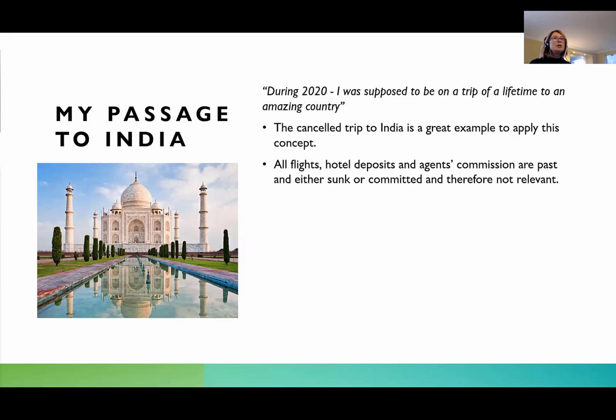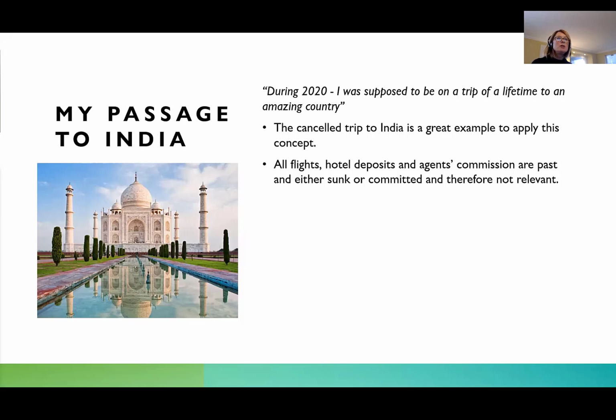So all the flights, hotel deposits, and agents' commissions are past and either sunk or committed and therefore not relevant. So I paid for some flights, I paid for some hotels, and I have to pay for my agent's commission, who booked the holiday for me. I was committed to that. But they're no longer relevant because it's not relevant now to my decision whether to go